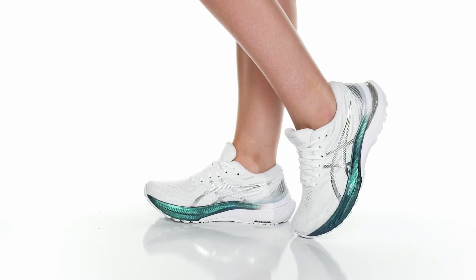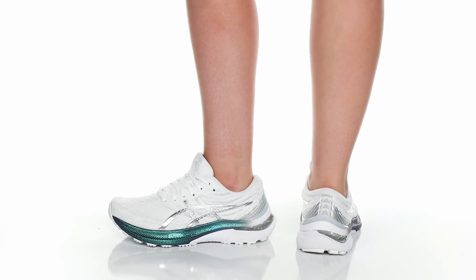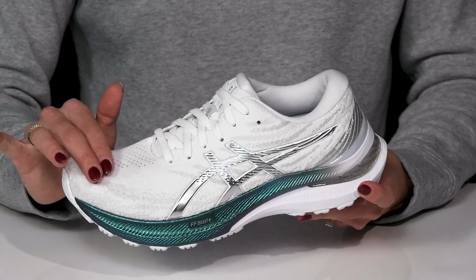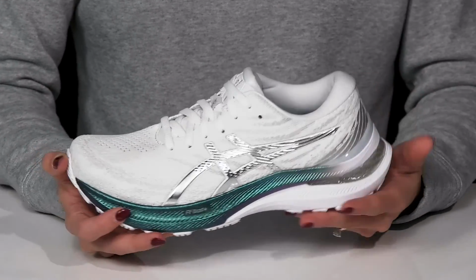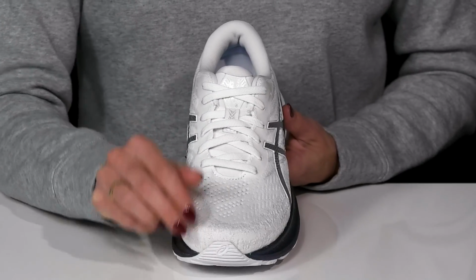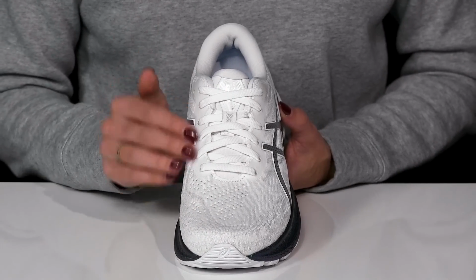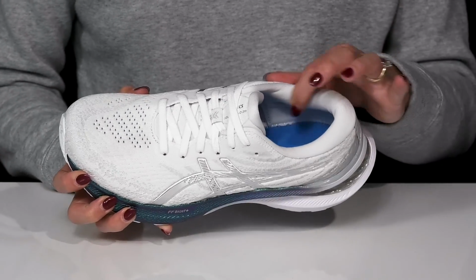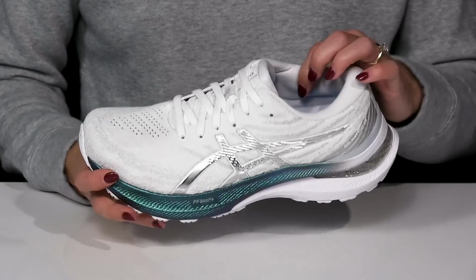Get a super light feel throughout your run wearing these sneakers from ASICS. These have a breathable textile upper with synthetic overlays, making these super stylish. The laces are going to be customized, so you can definitely secure your fit and adjust them to your personal preference. I love that there is cushioning around the collar to protect your ankles, and there's a breathable textile lining